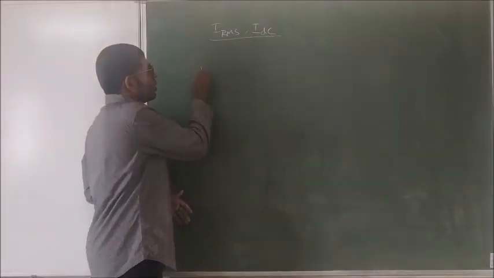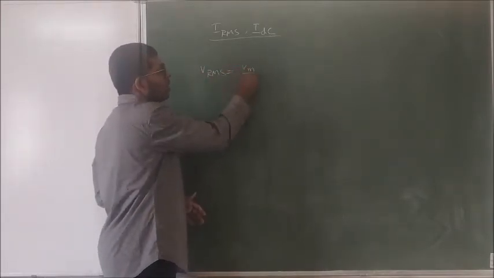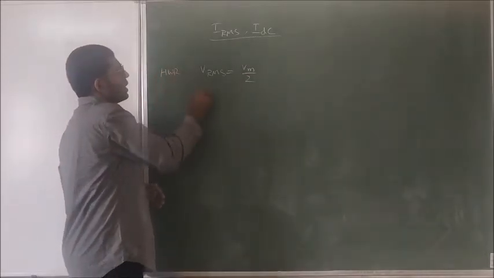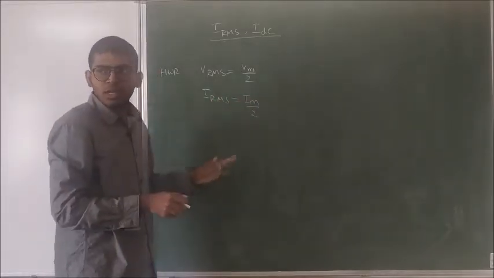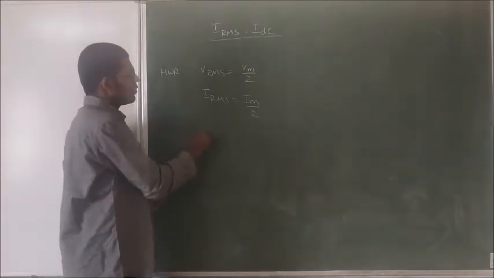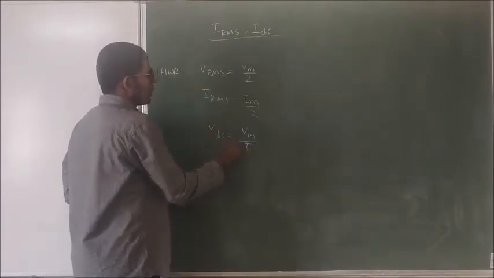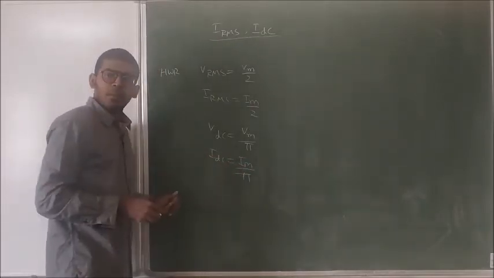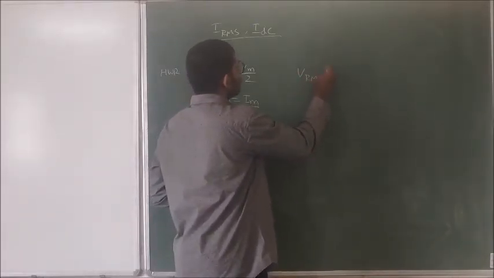For the half wave rectifier, if the VRMS value is Vm by 2, then IRMS is also Im by 2, because we are taking the resistive load. Now for the half wave rectifier, if the VDC value is Vm by pi, then the IDC value follows as Im by pi. For the full wave rectifier, the VRMS value is equal to